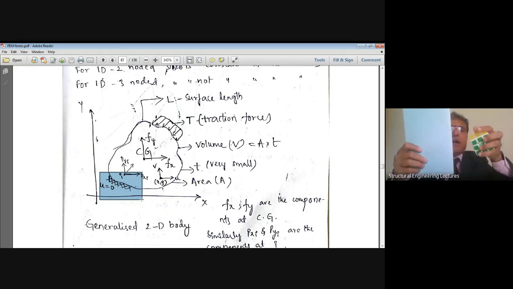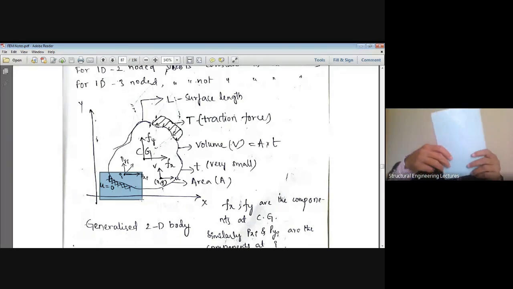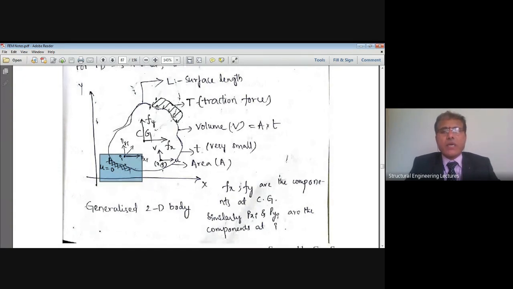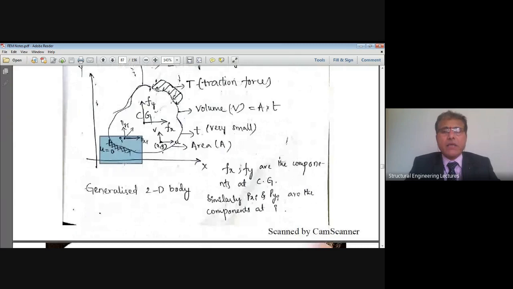Or hinged, or maybe just hinged like this, right? Or as appropriate, here it is on roller like this, roller, right? Maybe on roller, as appropriate. Any boundary condition may be there, right? Now this is how that 2D continuum generalized body is shown in the Cartesian or global coordinate system, both are set, right?